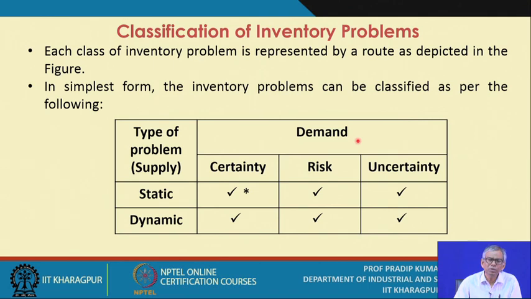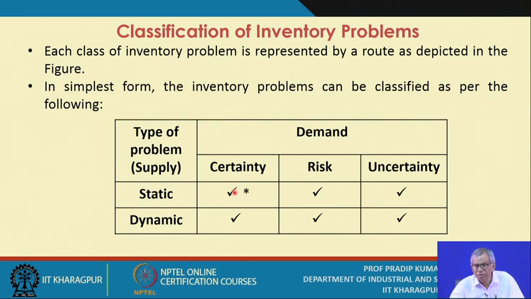Whenever you have partial information about the demand, you must opt for the techniques that are referred to as distribution free analysis. Now these combinations you commonly come across. First one is the demand is known with certainty, and the problem is a static inventory problem. So there is no problem at all. Everything is known. So this particular cell is not coming under the inventory control domain.